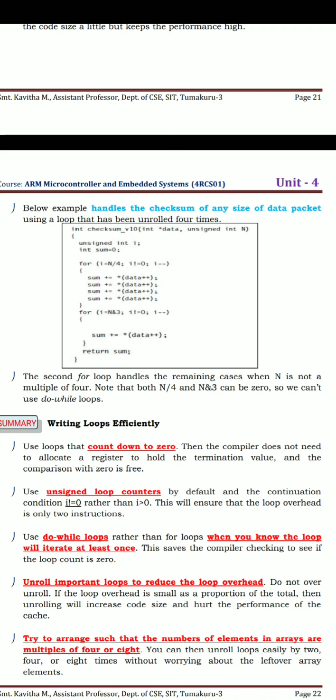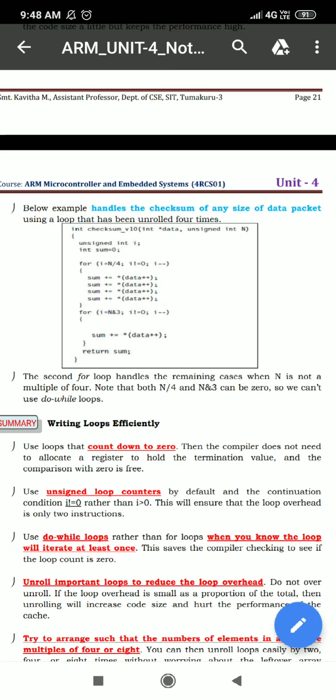Say, for example, there are 23 words in the data packet and they are to be added. Coming to the first for loop, what will be the value i is initialized with? It is 23/4, which results in 5. That means the first loop is repeated 5 times so that 20 words can be added. In each iteration 4 words are added, so if the first for loop is repeated 5 times, a total of 20 words are added. Now we still need to add 3 more words, as there are 23 words in the data packet in total.